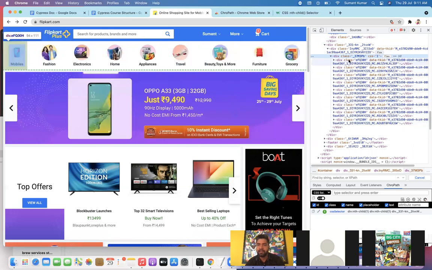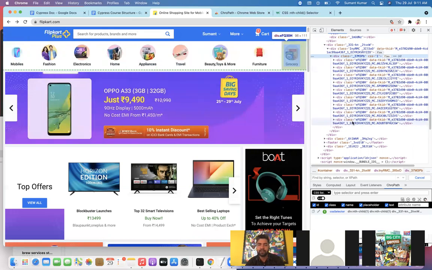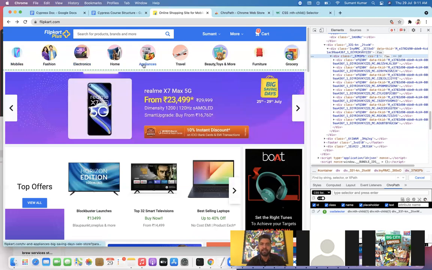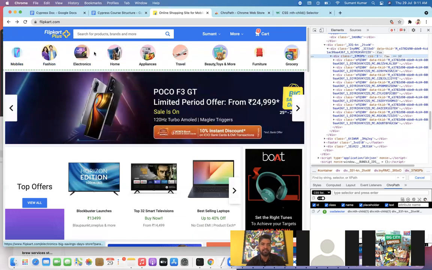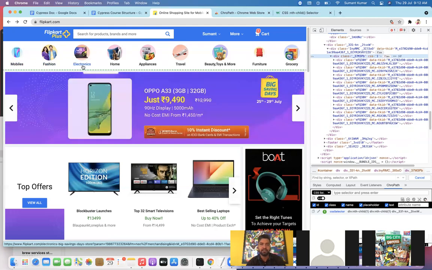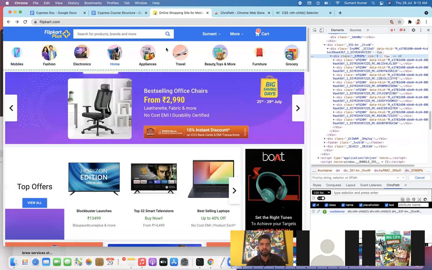So 9 elements they have defined in a similar fashion. Why is it similar? Because if you remove the names like mobile or fashion, it is a bigger bucket, and we have 9 smaller elements that are similar, only the type is different. So here is the mobile, here is the fashion, here the electronics, but the architecture will be the same for every element, correct? Right. Okay.